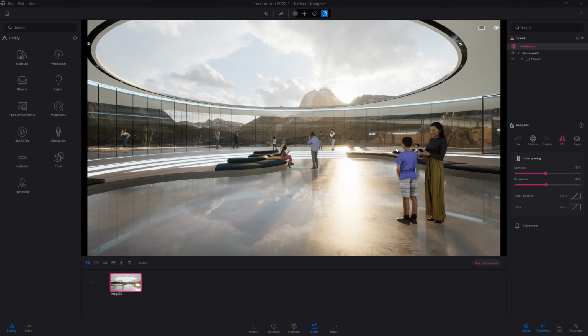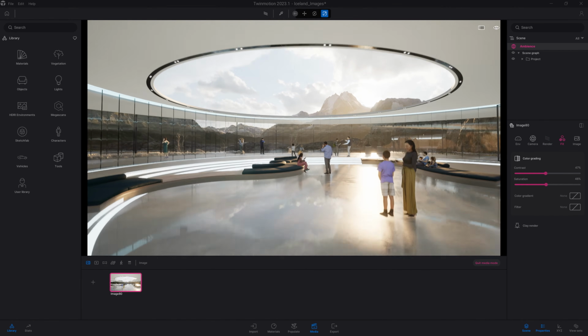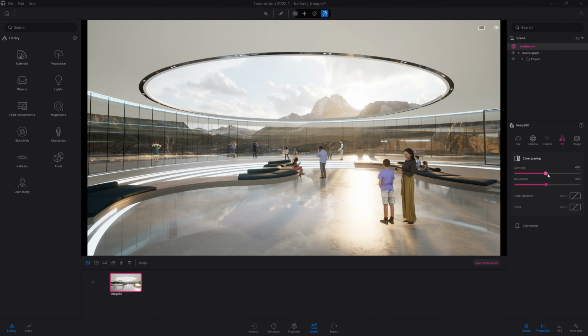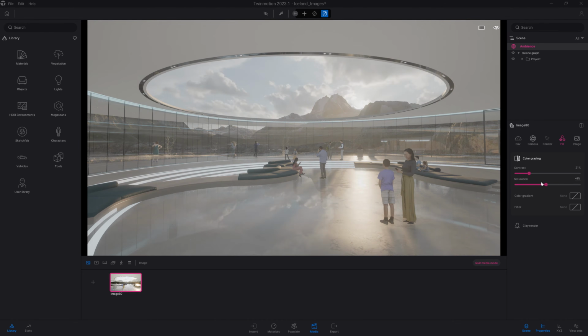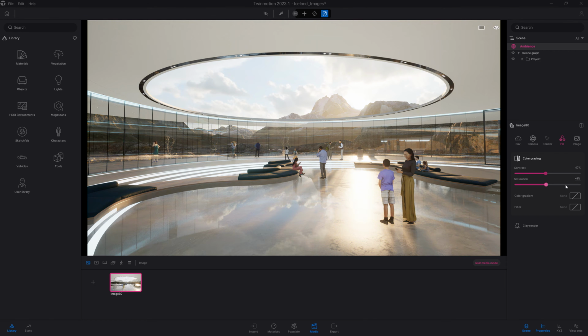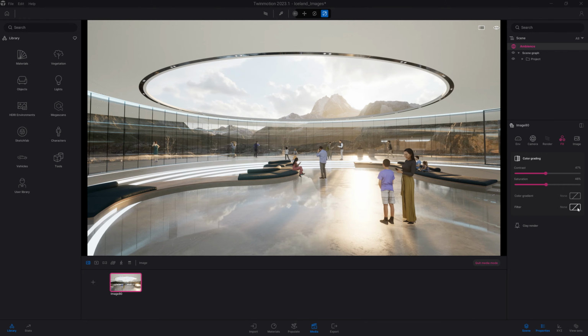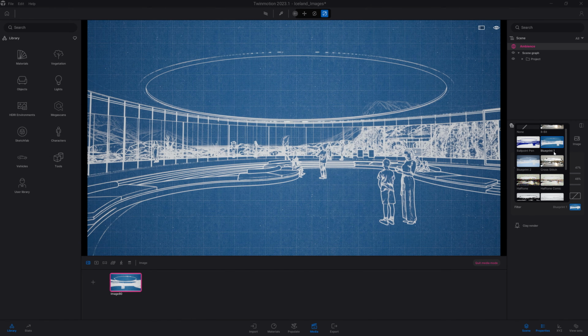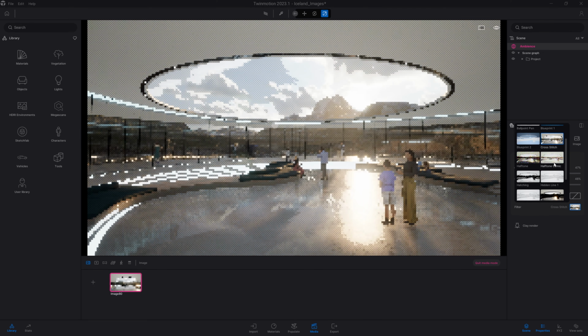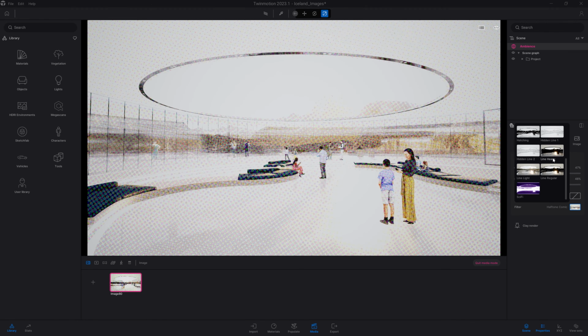Then we have the FX. The FX is all things color grading and filter. So for example, here you can change the contrast of your image or the saturation. You can enable a LUT, a lookup table, by clicking on this option. Here there are many different types of filter that you can use to colorize your image. In the filter section here, there is some more artistic filters like the heat beat, the blueprint, the cross stitch. There is even the halftone comic.